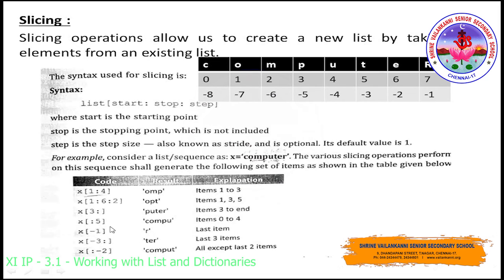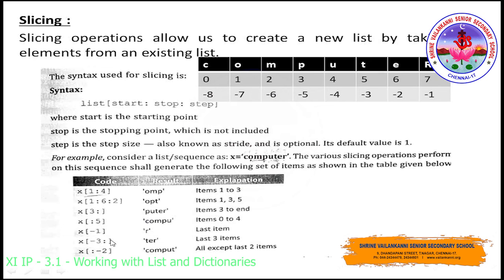And if I give minus 1, x of minus 1 means only one index position they have given, so only R will be retrieved. And similarly minus 3 they have given as a starting parameter. If I have given minus 3, they have not given the ending parameter. So accessing the elements always takes place from left to right. So if you see here TER, this thing gets displayed.